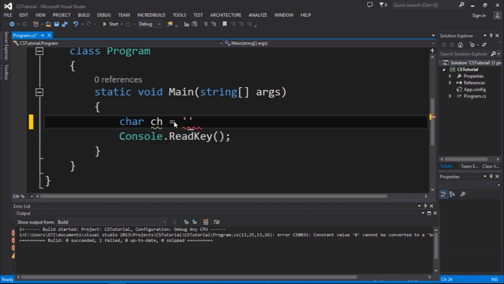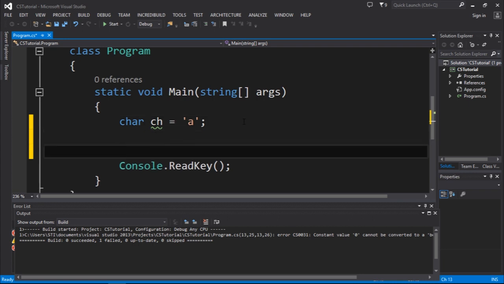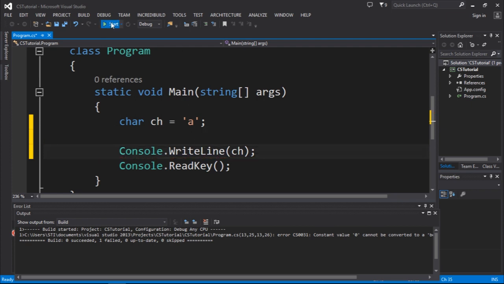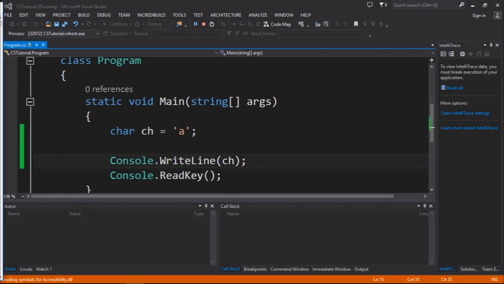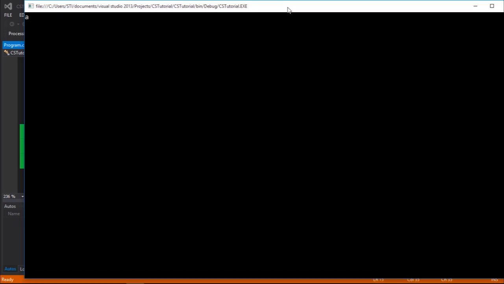Okay, so I can store a single char. For instance, I'm gonna store the letter A, and I'm gonna call Console.WriteLine(ch) and execute. So this is the output. Okay, as you guys can see,